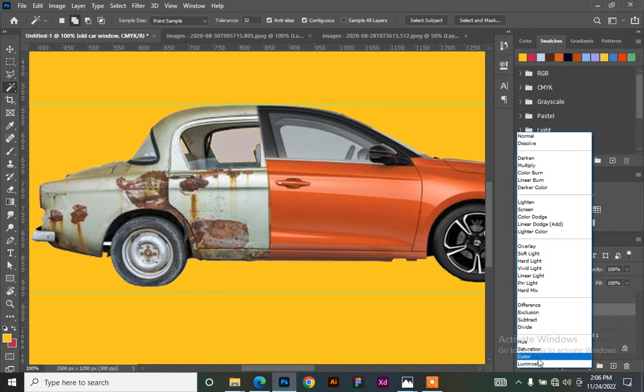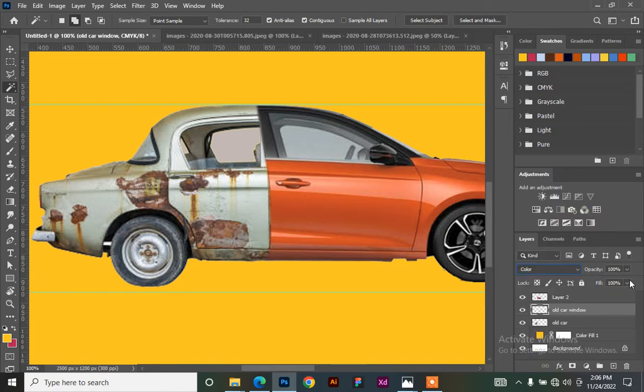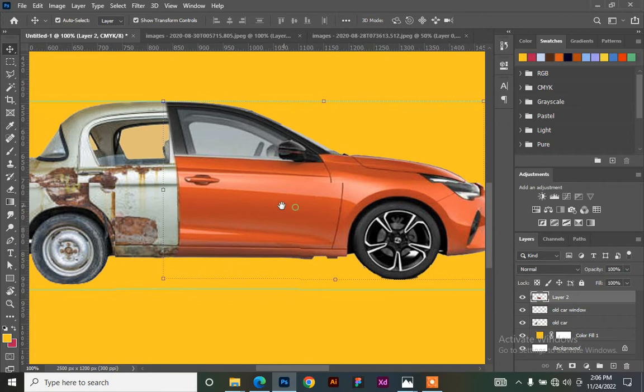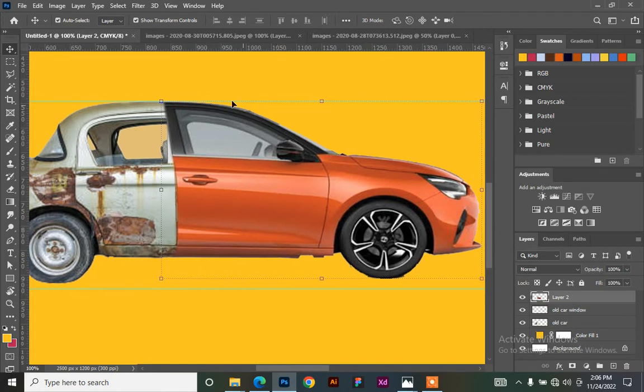So I think this color will do. Then I will reduce the opacity or the fill. Let me reduce the fill to 50. Yeah, 50. Okay, 47 is cool. And I'll select the new car too, and then this time around I will use